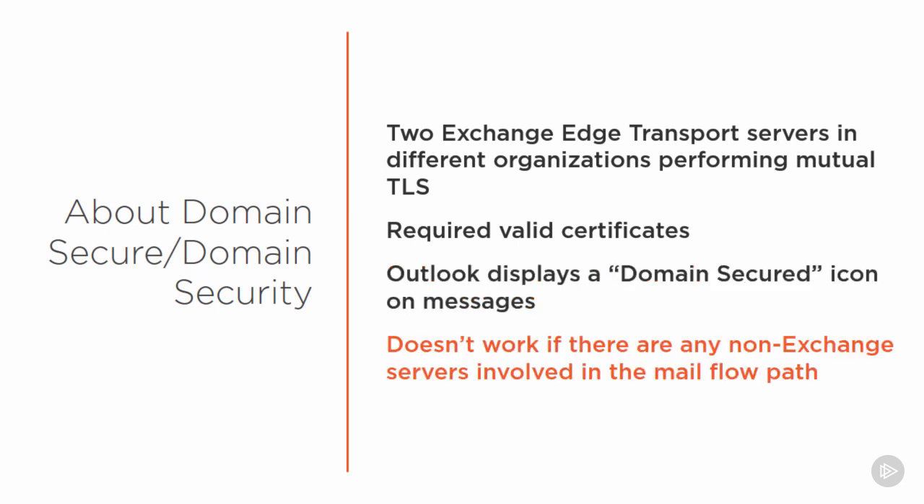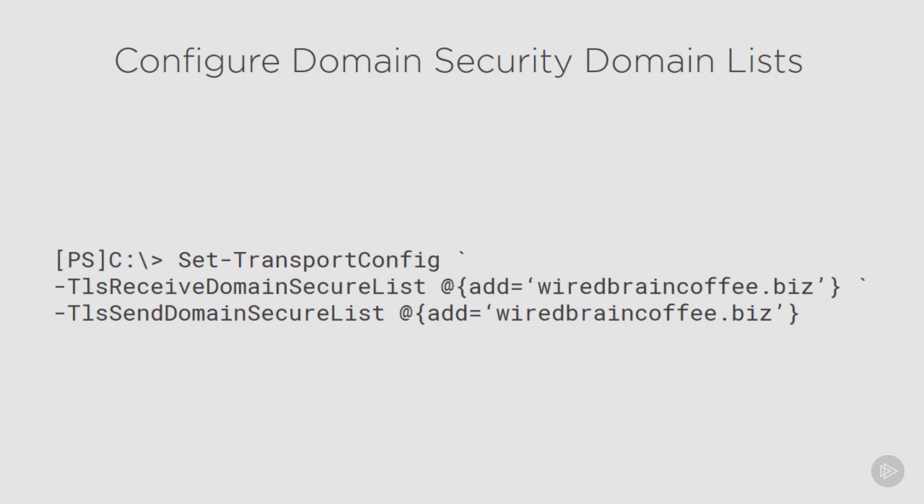Finally, domain security doesn't work if there's non-exchange servers involved in the mail flow between two orgs. So that pretty much rules out the majority of organizations, since most people do use a third-party spam filtering product or spam filtering service in the real world. To configure domain security, we use the Set-TransportConfig on one of the exchange servers in the organization and